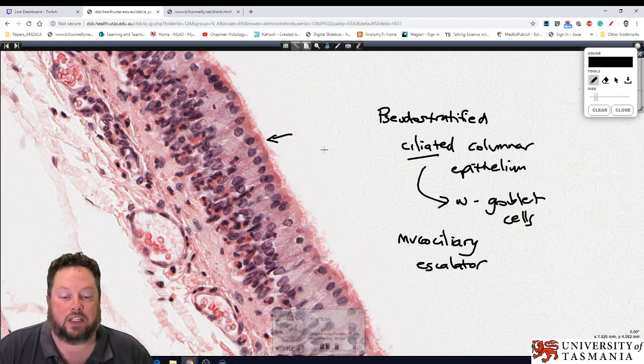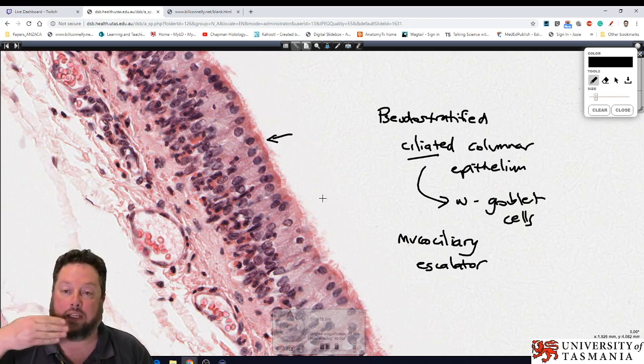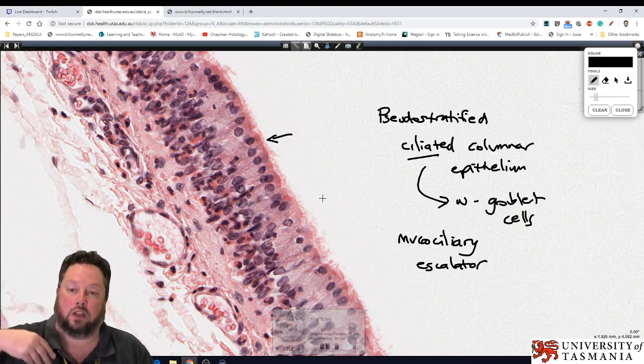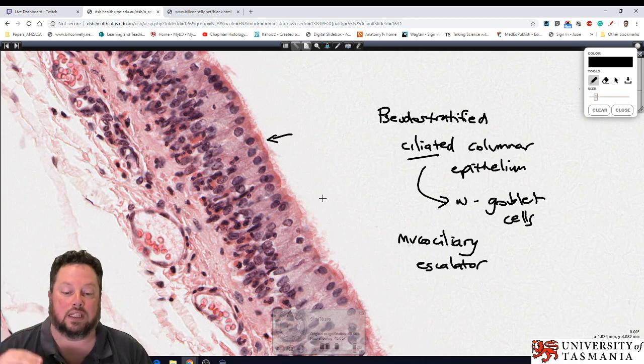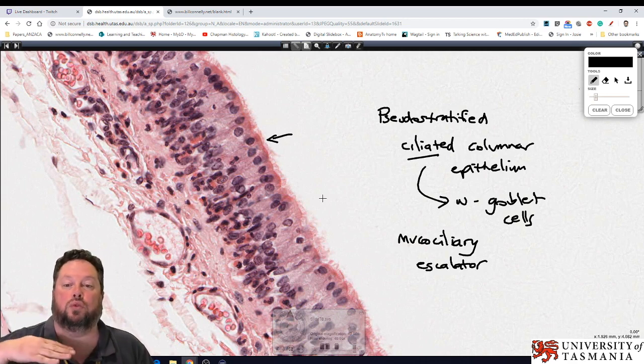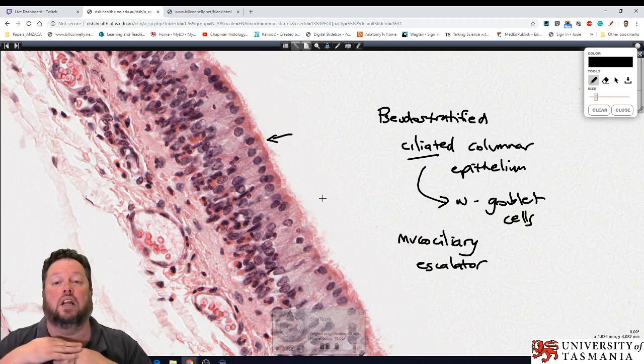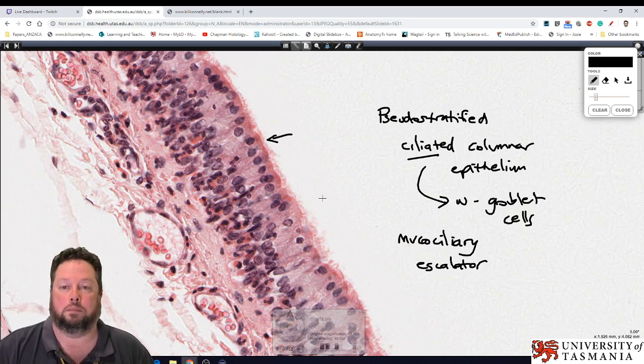So the mucociliary escalator is a concept where the goblet cells plus any seromucous glands which exist within the submucosa secrete onto the surface. Any particles which have bypassed the nasal hairs, the nasal cavity, the nasopharynx, the laryngopharynx, and then actually got into the trachea, can get trapped within the mucus being produced here. Now the cilia create a current, and that moves that mucus and its trapped particles up into the mouth. Now you remember that I just mentioned the larynx and those vocal folds actually having stratified squamous epithelium. There's no cilia to move it. But every now and then you might notice that you might go,